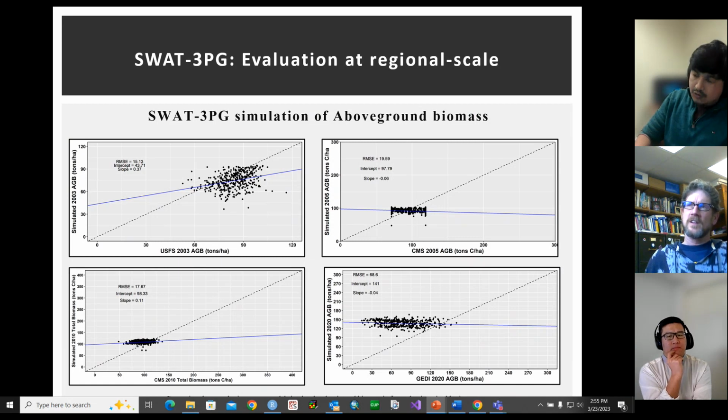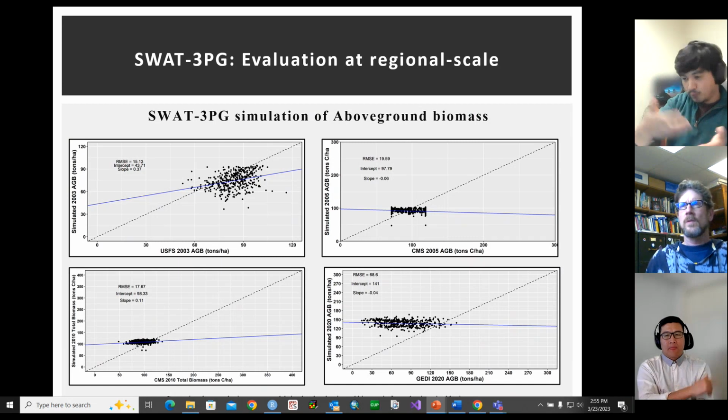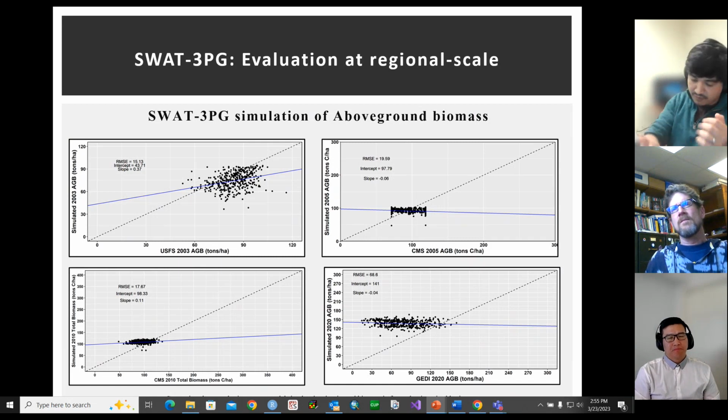Sure. And we haven't shown these results for forests per se, and we are using hydrological models trying to get this forest simulation, right? So these are really important feedbacks, and that's something that we have not done. If I recall correctly, we made sure that if the estimated biomass is only forest, say I think JEDI is only forest, then we extracted just the forest